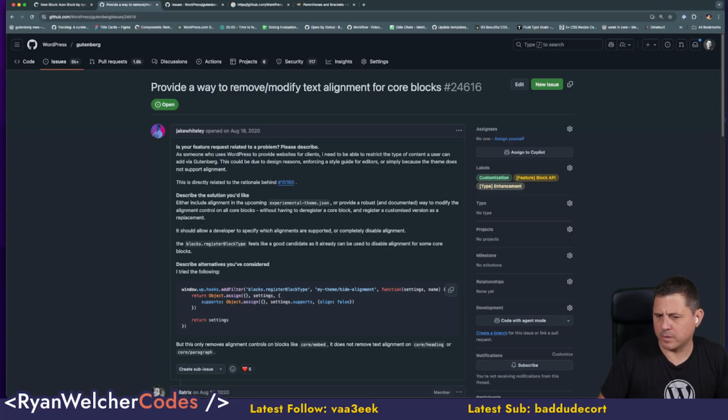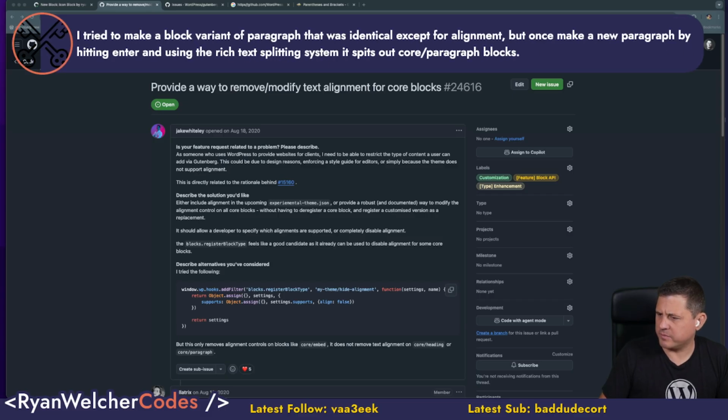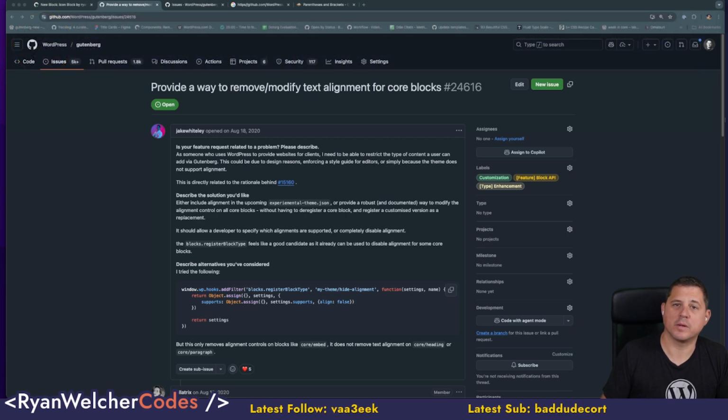Oh, okay. So Cross Keys, let me just make sure that I understand this. You tried to make a variant of paragraph that was identical except for alignment. But once you hit enter to make a new paragraph, using the rich text splitting system, it splits out core paragraph blocks. Okay, so in your variation,